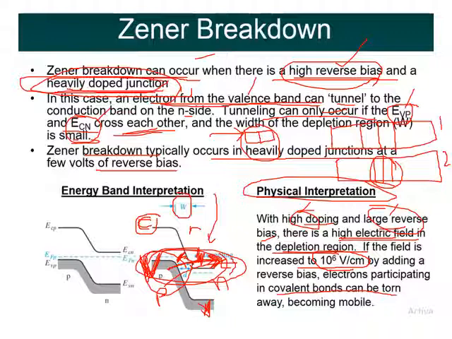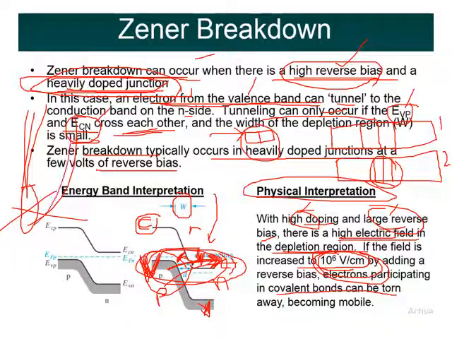Okay, so we know what a covalent bond is, sharing of electrons. If this high electric field comes into the picture, the bond will be broken and electrons will be made free. Most of the bonds will be broken and the electrons will be made free. Made free in the sense they will tunnel through. Tunnel through means they come from the valence band to the conduction band where they are free. And when this is happening, they become mobile. Why? Because they are free.